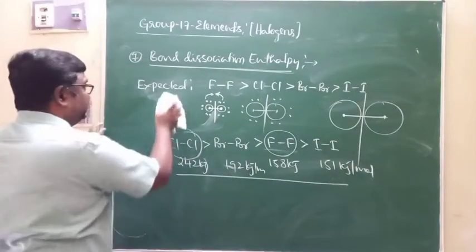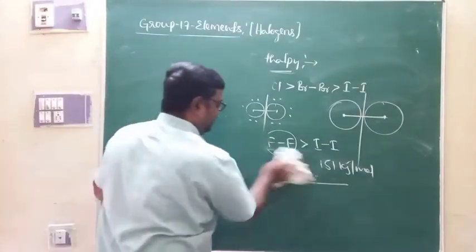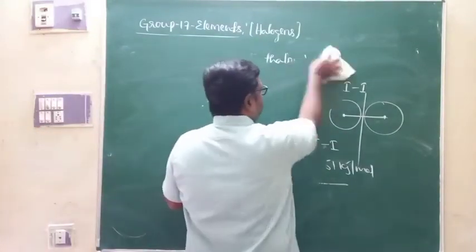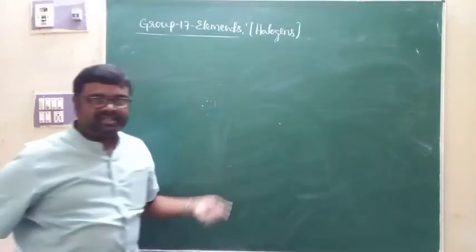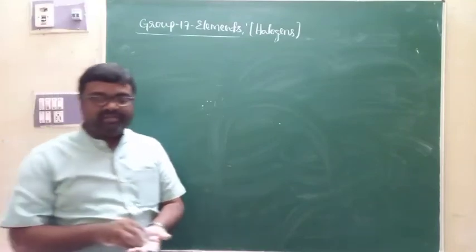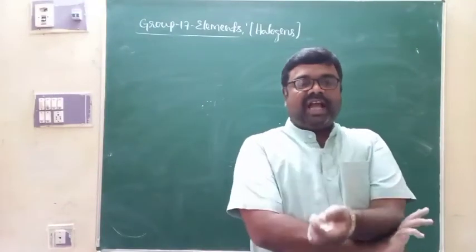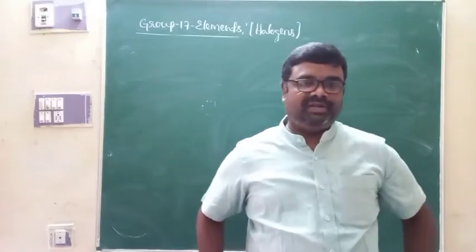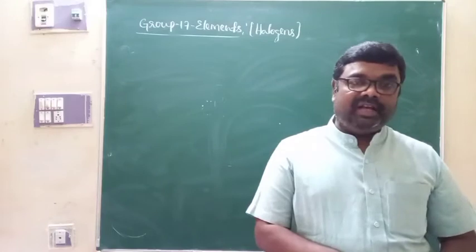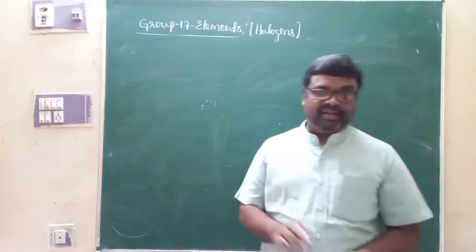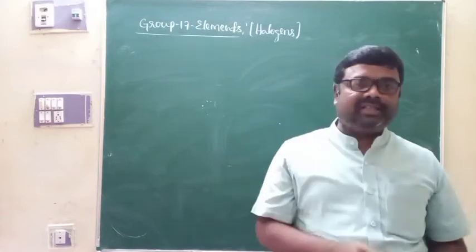As I said, that will be directly related to the reactivity there. As the bond dissociation enthalpy decreases, ಏನಾಗುತ್ತೆ? Reactivity increases. And of course, halogens are highly reactive because of that low bond dissociation enthalpy. At the same time, they are having high electron gain enthalpy. ಅದು ಕೂಡ ಒಂದು ಫ್ಯಾಕ್ಟರ್. ಯಾಕಂದ್ರೆ ಬರೀ ಒಂದು ಫ್ಯಾಕ್ಟರ್ ಇಂದ ನಾವು ಸುಮಾರು ಡಿಸ್ಟೆನ್ಸ್ ಅನ್ನು ತಗೊಳ್ಳೋಕೆ ಆಗಲ್ಲ.